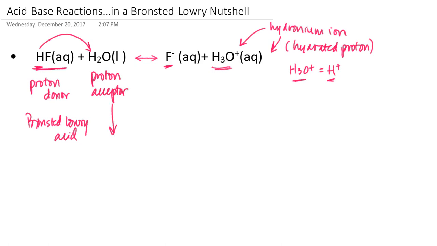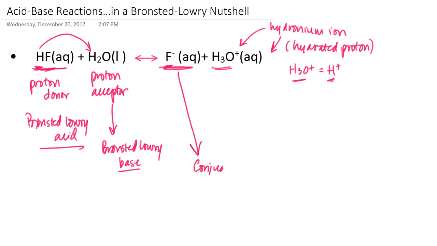And so the water is acting as a Bronsted-Lowry base. Now if you notice, this fluoride ion represents the remainder of the species of the HF once the proton is actually donated. And so because of that, the F-, or the fluoride ion, is considered to be the conjugate base